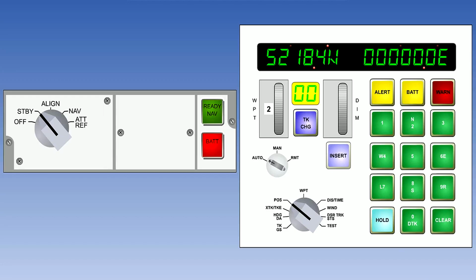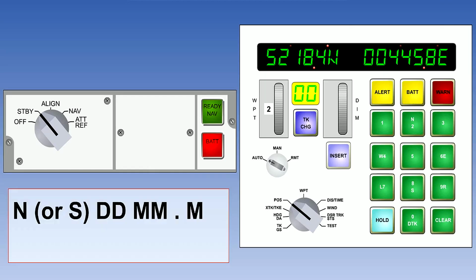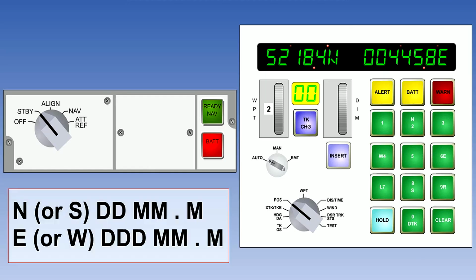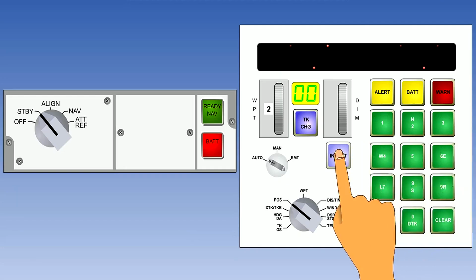Now enter the longitude. This will be E or W, followed by degrees, degrees, degrees, minutes, minutes, decimal minutes. Again, the system will accept only E or W for the next press. It will not misinterpret them as a 6 or a 4. There are only 5 digits for the latitude because the maximum number of digits for the degrees is 2, as you can't have more than 90 degrees north or south. However, there are 6 digits for the longitude because 3 digits are needed for the degrees, as there are up to 180 degrees of longitude.